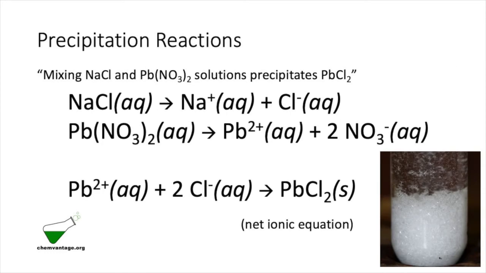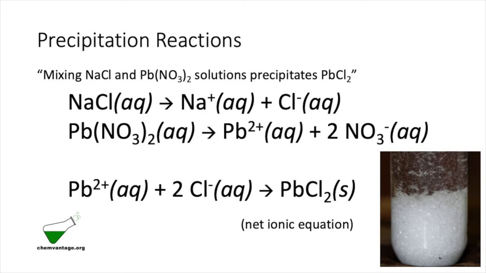Sometimes chemical equations are decorated with symbols to indicate whether the compound is a solid, liquid, gas, or perhaps dissolved in water, or aqueous solution, as indicated here by the symbol AQ. When we dissolve sodium chloride in water, it separates into dissolved sodium ions and chloride ions, because all sodium salts are soluble in water. Similarly, lead nitrate dissolves as lead ions and nitrate ions because all nitrate salts are soluble